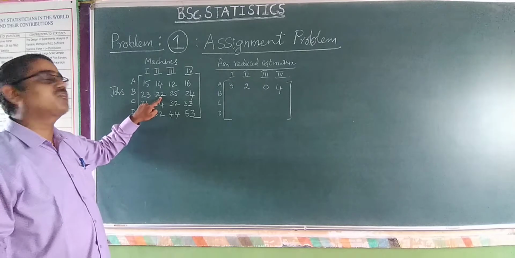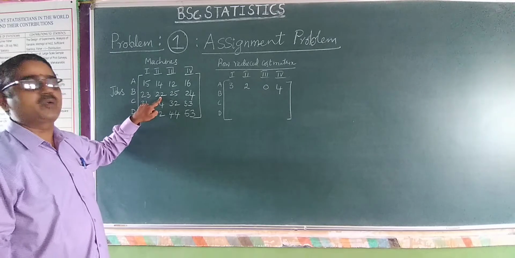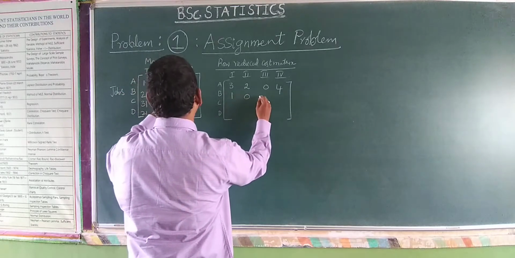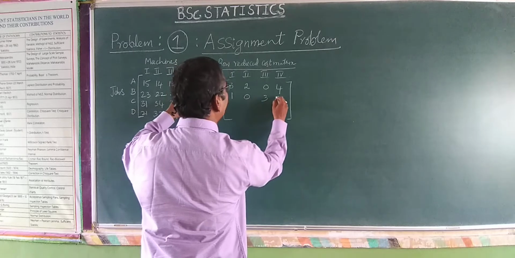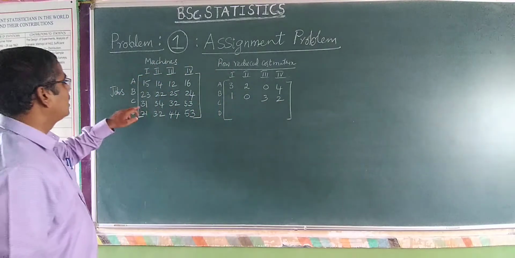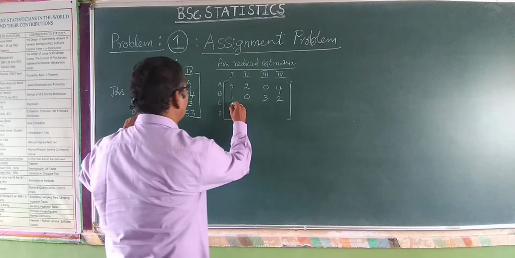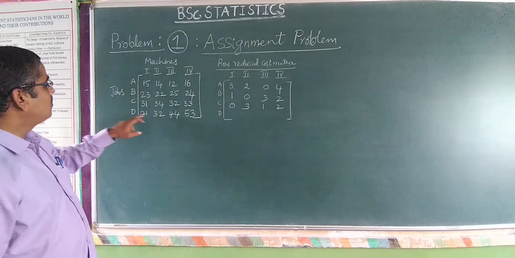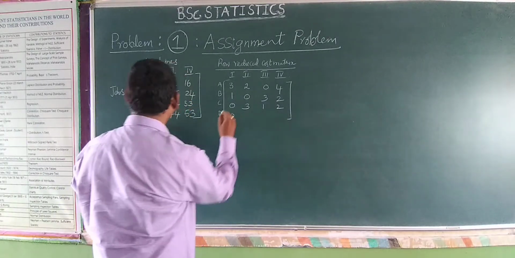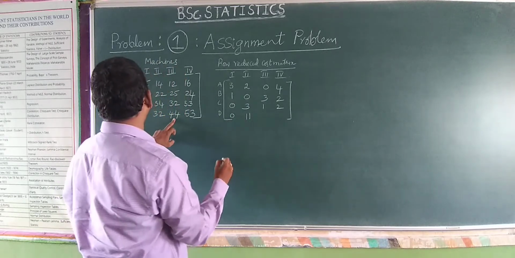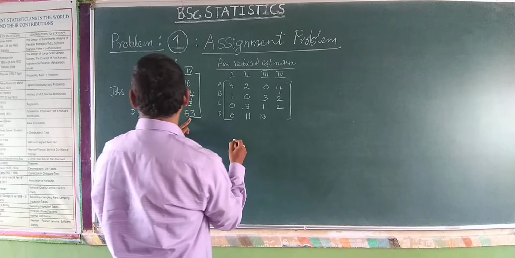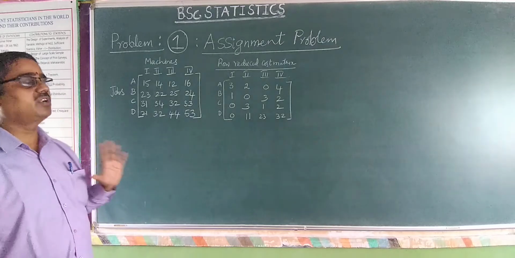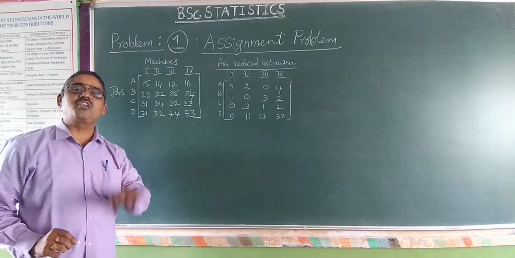So subtract 22 from all the elements in that particular row. 23 minus 22 is 1, and 22 minus 22 is 0. 25 minus 22 is 3. 24 minus 22, like that you calculate. Minimum is 31. So here it is 0, 3, 1, 2. Hope it is right. And then minimum is 21. So here it is 0, 32, hence 11, 44, 23. And here it is 53, hence it is 32. So these are the elements we have obtained after considering the procedure for rows.